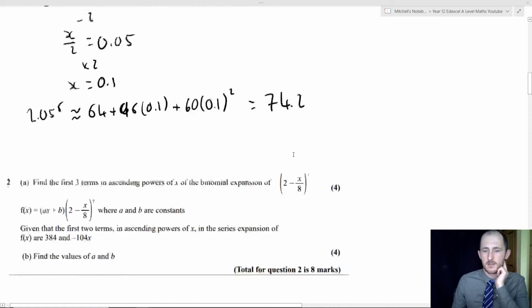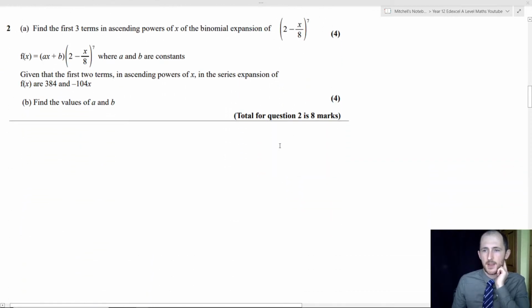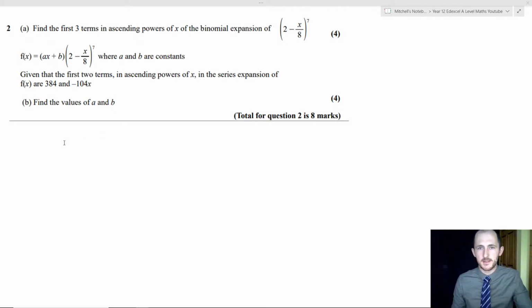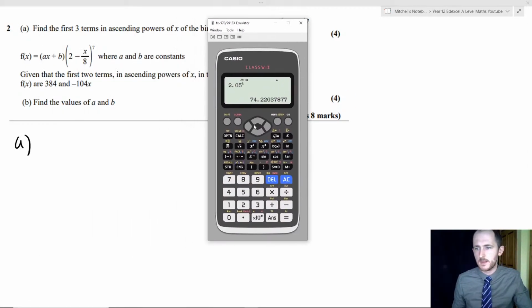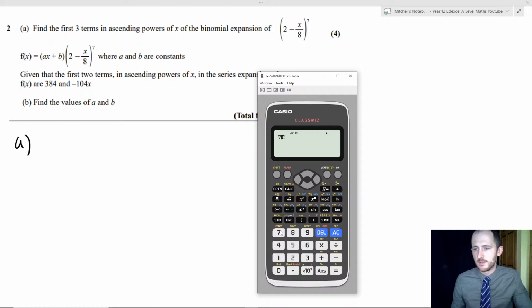So obviously the next thing we can do is just keep going through more questions. And yeah, this gets a bit more interesting. But the first question is still 4 marks and it's still relatively easy. So what we're going to do once again is use our fancy nCr button. For part A, once again, we're going to do Shift nCr. On the left hand side is our power, which is 7. Right hand side is what position we're in. So at the moment we're in the first position, which is 0, so we're going to do 1,